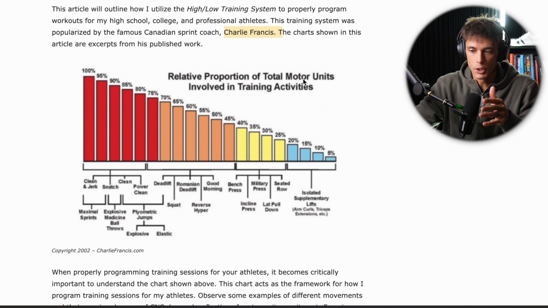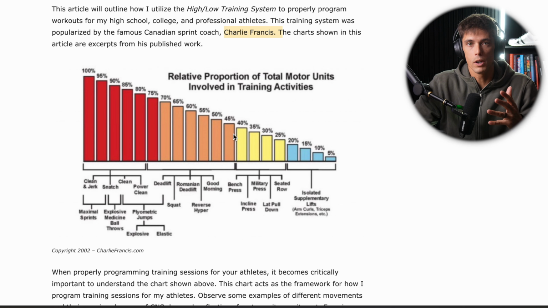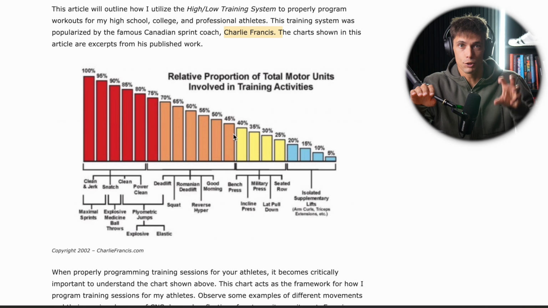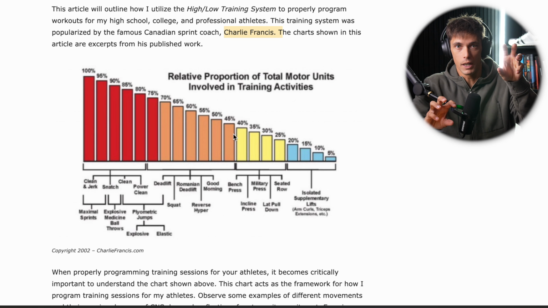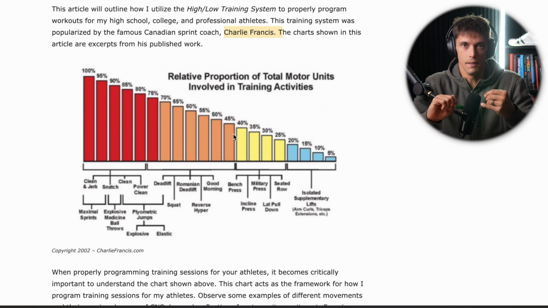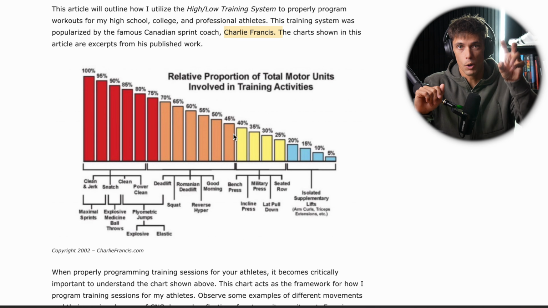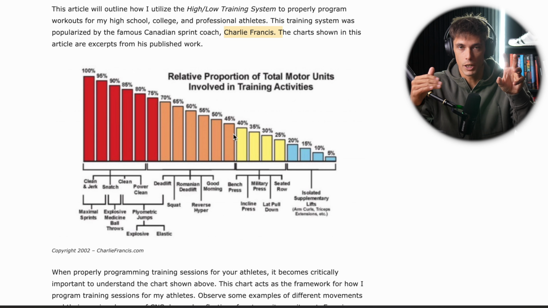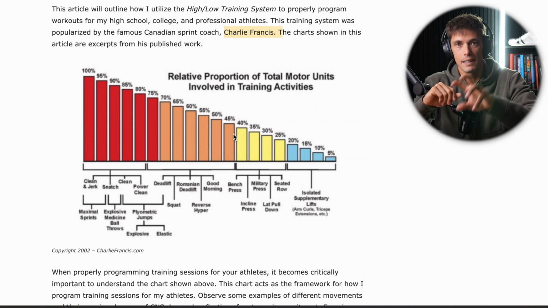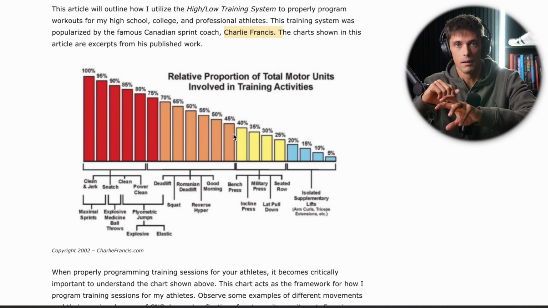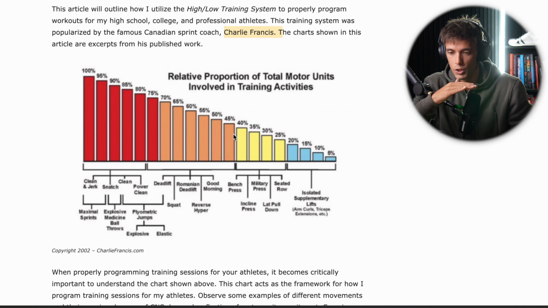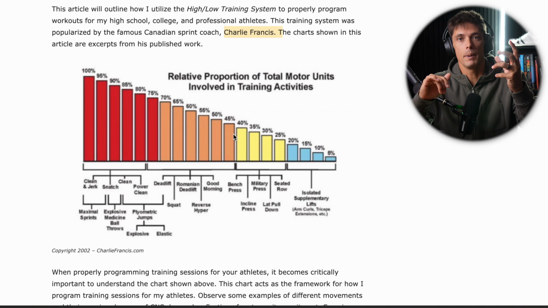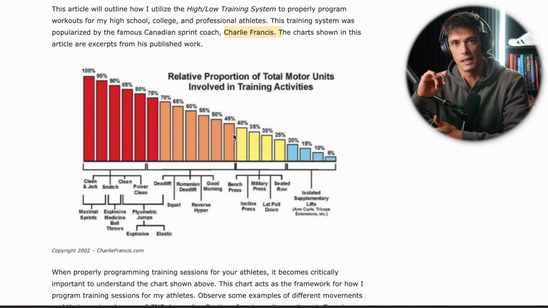So why we want to do this, even just looking at this chart, is we don't want to be in the yellow every day because then you're not training hard enough and you're never really recovering. You're just literally moderate all the time. And that's the last thing we want to be. We want to train hard. We want to do sprint work. We want to do strength work so that we can tear our muscles, right? When we're training, we want to break down our muscles and then give them time to recover and repair. But if we're just living in the yellow, in this moderate zone all the time, we're never training hard enough to get better and we're never recovering from it because the next day we're doing it again.